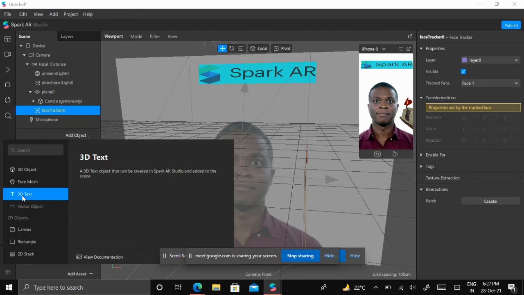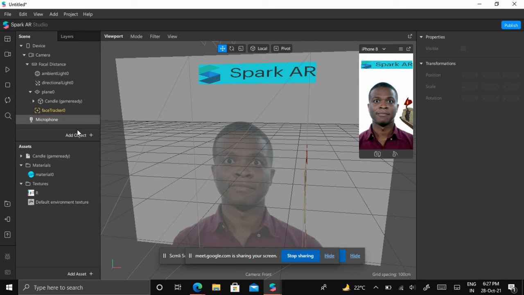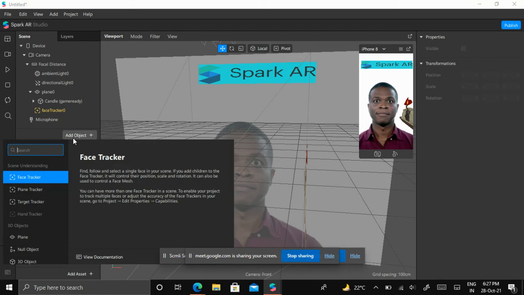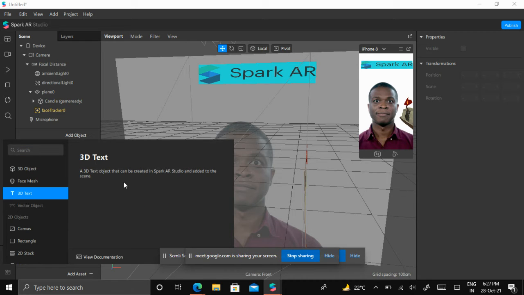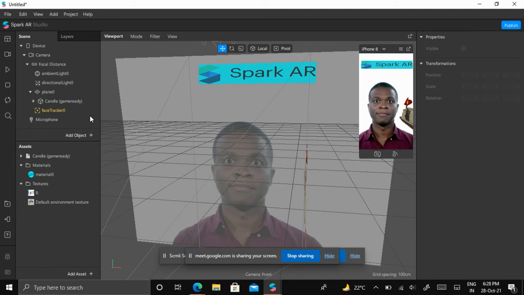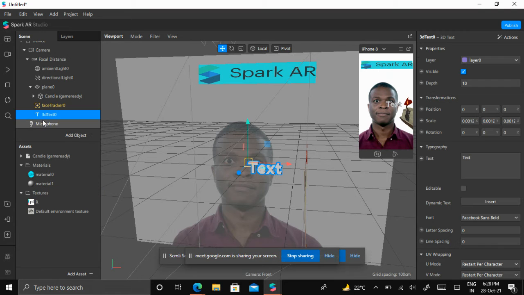It hangs a lot, this Spark Studio. Yeah, fine. No, I don't want to add this. I want to change this text. So I will be clicking on the 3D text.